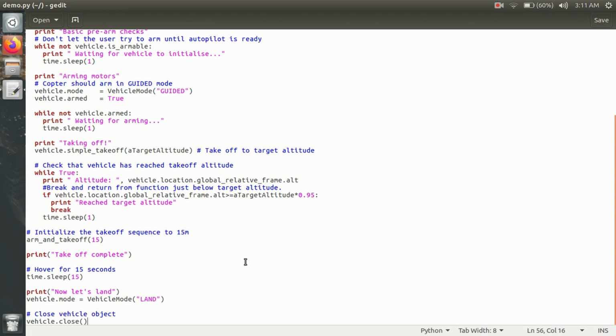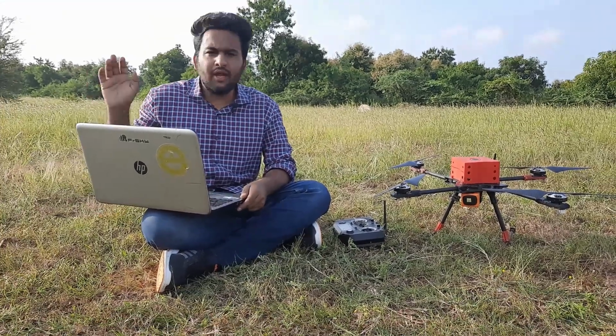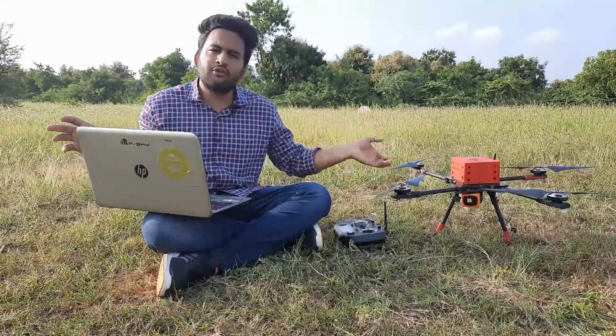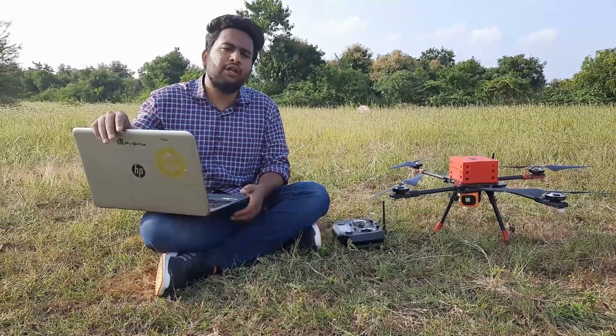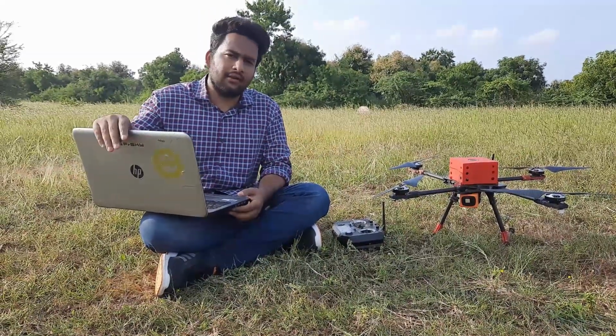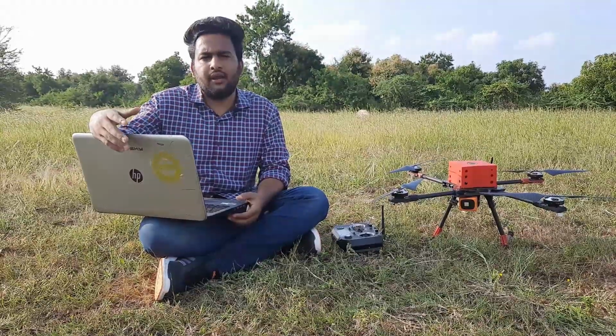And now we'll save this file, and we'll copy this file to our Raspberry Pi, and we'll execute this on the actual vehicle. Here we have the script ready, and the drone is already powered up. And before executing the script, I would like to add that there are two methods that I know in which we can execute the code.